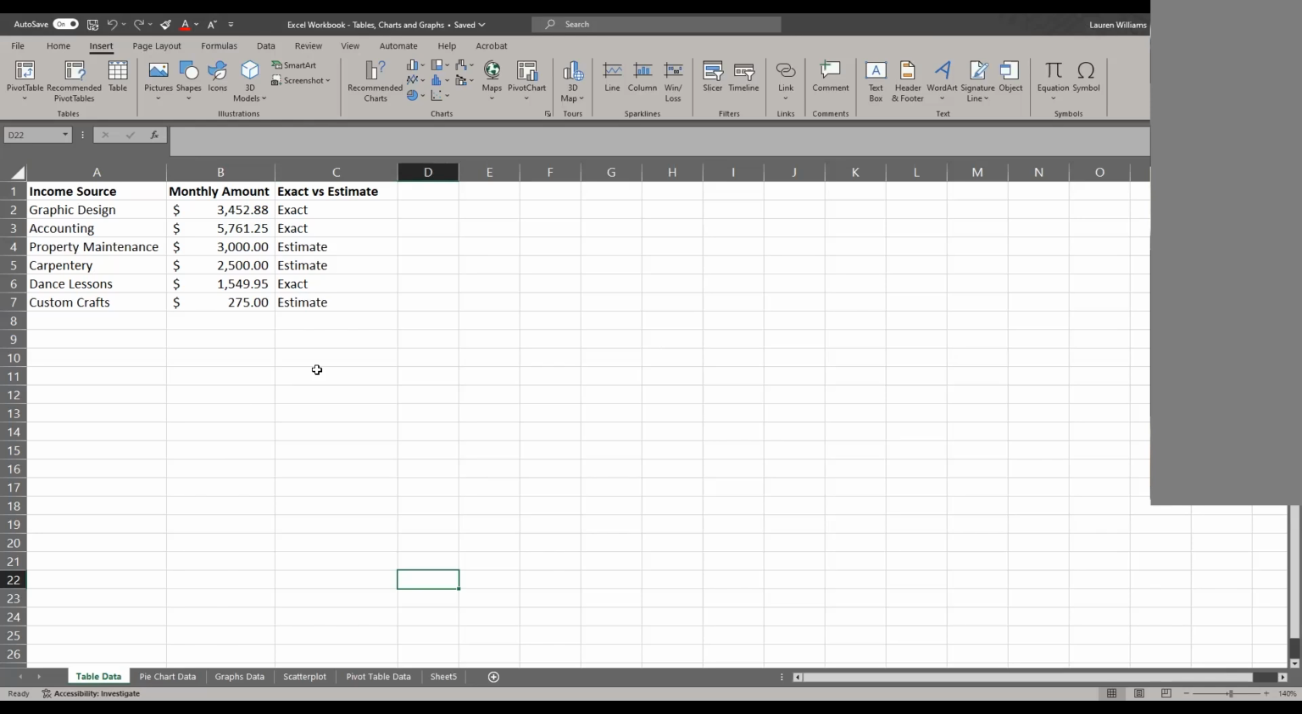Well, as always in Excel, there are multiple ways that you can do things, from keyboard shortcuts to toggles on the top. So what we're going to first do is select your data. For this specific case, we're going to look at income sources and a monthly amount. In this case, some are exacts and some are estimates. When you're clicking in your data, it doesn't really matter where, as long as you have your data sheet selected. So under the Home tab,